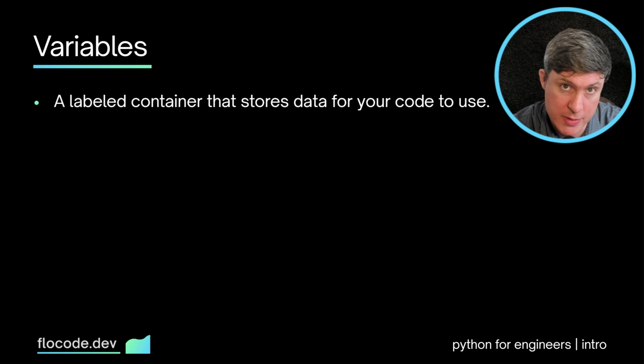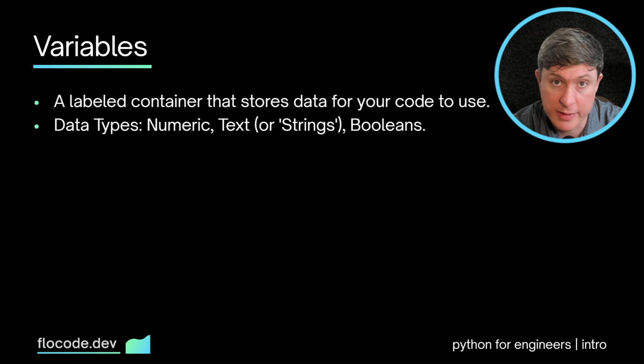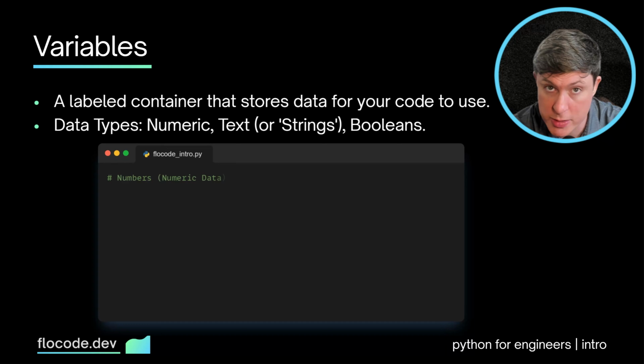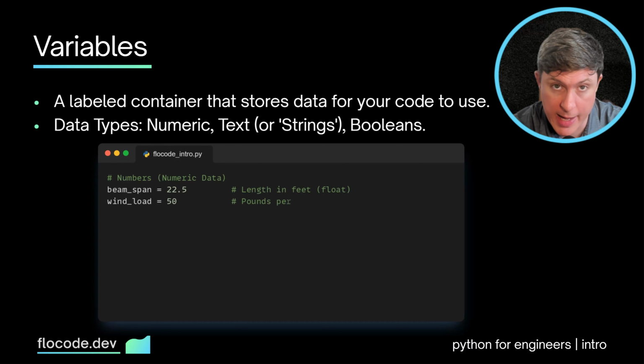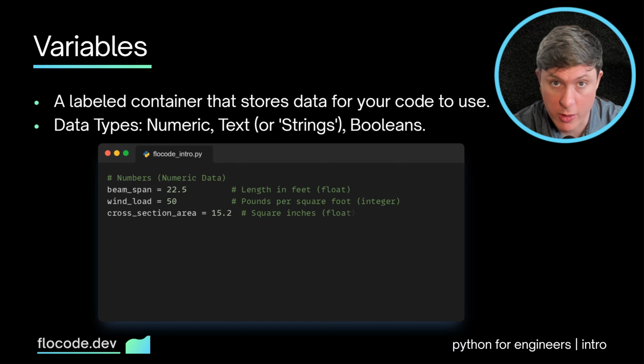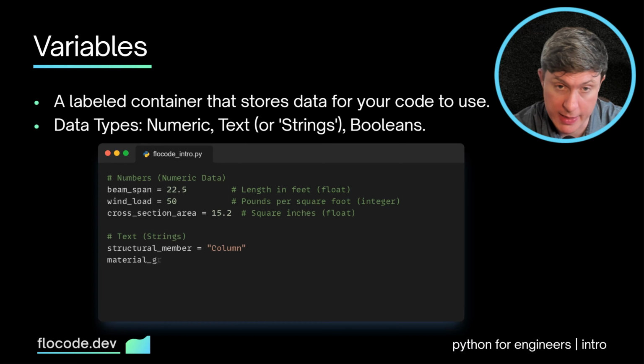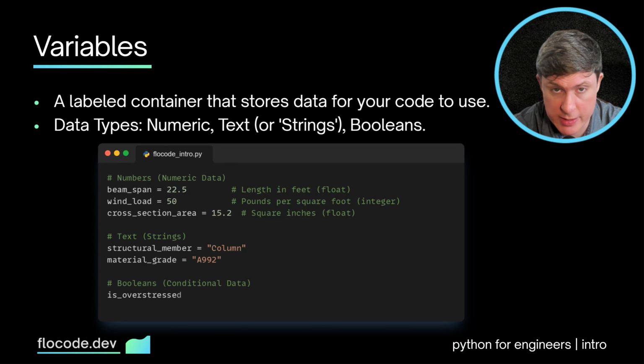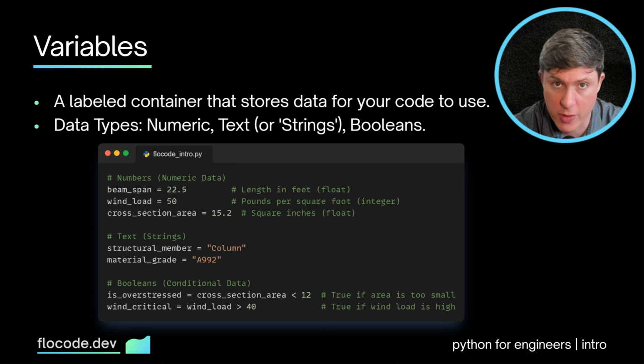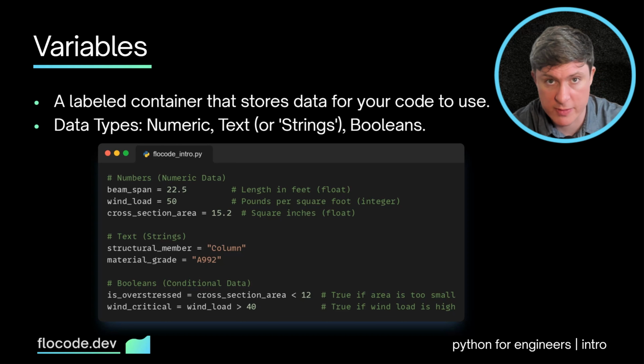Next is data types, which means the variable can hold different types of data. It can hold numbers for measurements or forces, and those numbers can be integers, like a whole number, or it can be floats, which means a decimal. Another data type is text, which means names, labels, IDs, attributes, or even entire sections of text or reports, paragraphs, you name it. Next, you've got Boolean values, which is a term used for logical conditions, which essentially checks if a statement is true or false. Very handy for creating a useful fork in the road in the logic of your calculations.